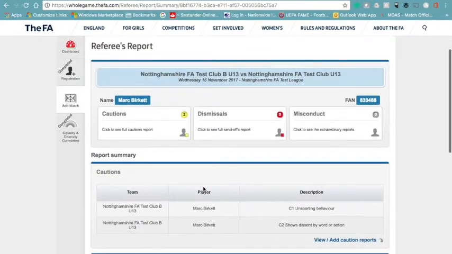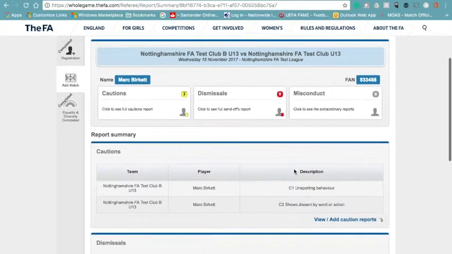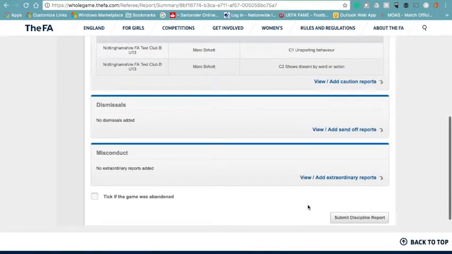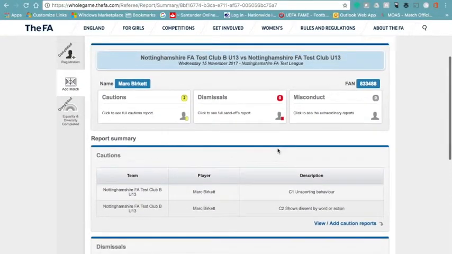You can see already the cautions that have been submitted. So if this was all and there was only yellow cards, then you can scroll down to the bottom and you can select submit discipline report,